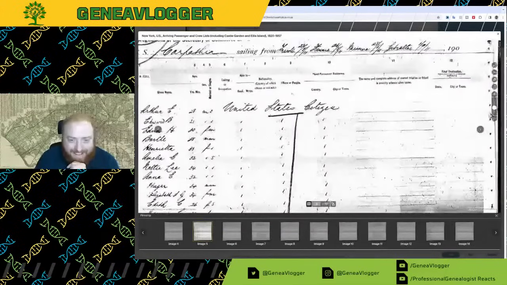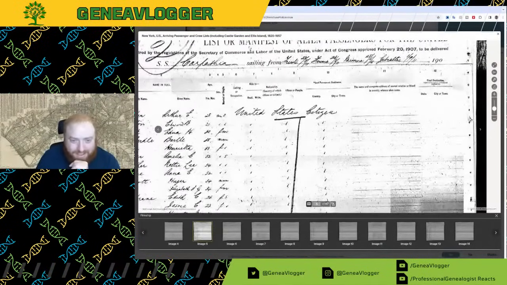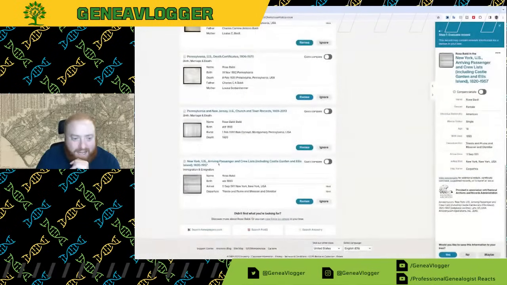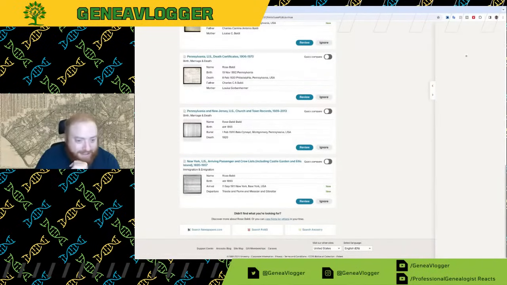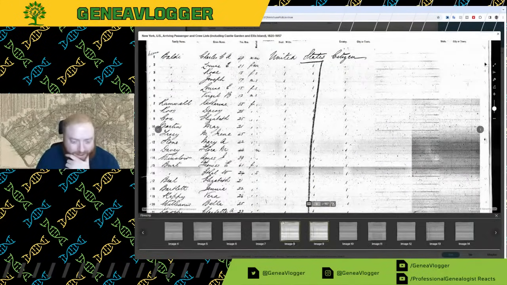It looks like this is basically some sort of a cruise. So we've got August 22nd, August 26th, 28th of August, 1st of September, 1911. And then they arrive September 11th, 1911. Trieste, Fiume, Messina, and Gibraltar. So I guess in 1911, the family took a cruise on the SS Carpathia.